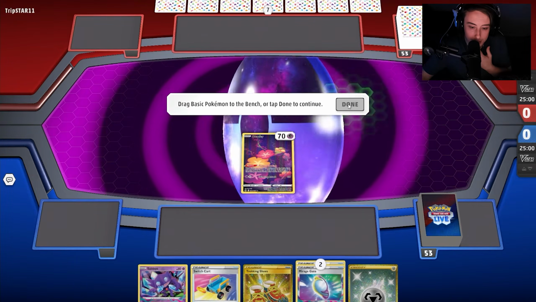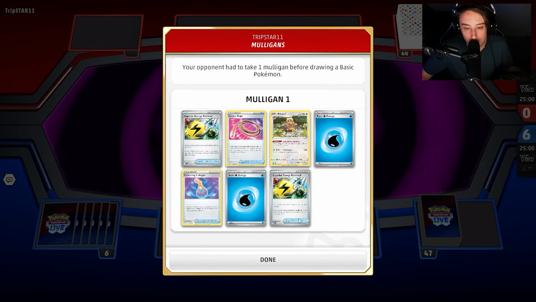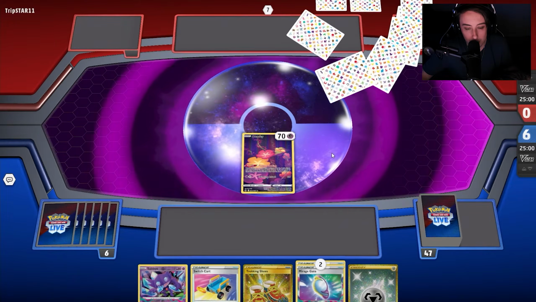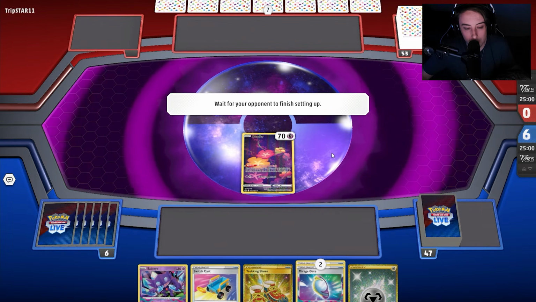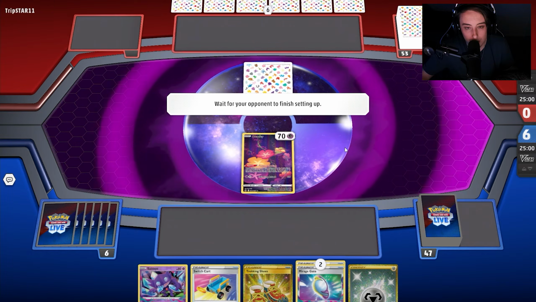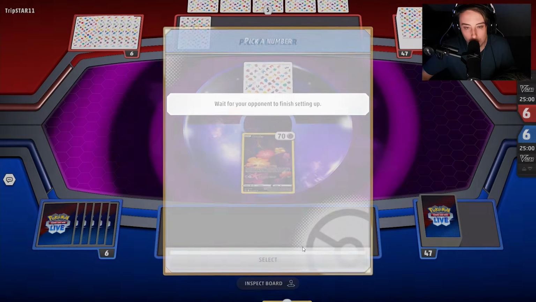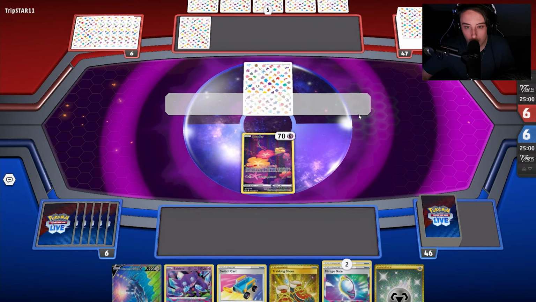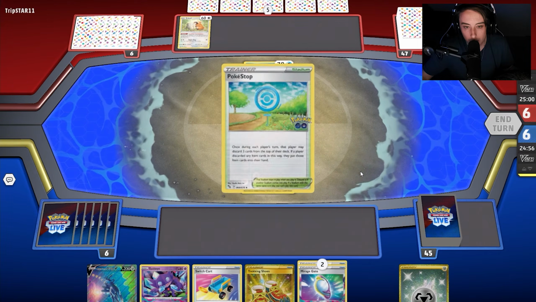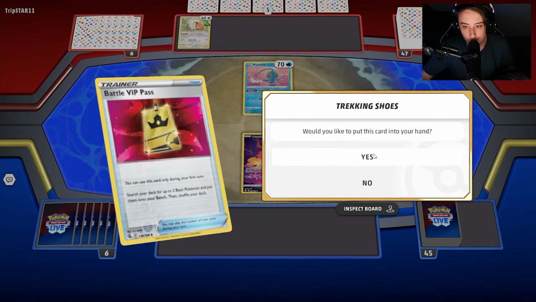We do have Comfey, so we can start with it. We do have Trekking Shoes. We do get a Mulligan, so we are playing against the annoying Baxcalibur, but thankfully we hit weakness on Chien-Pao, and we can take multiple prizes. So I think what we're going to have to do is Star Chronos into a boss's orders to take a multitude of prizes. So the most important card that we are going to need is actually the